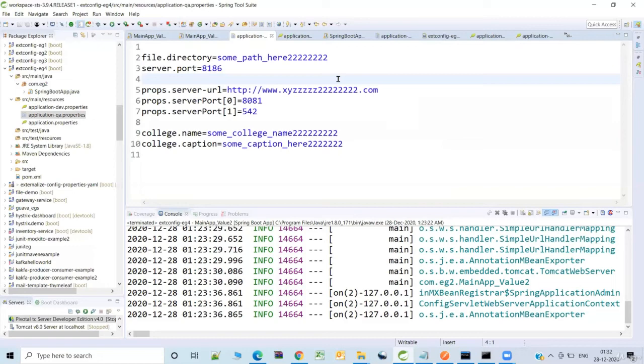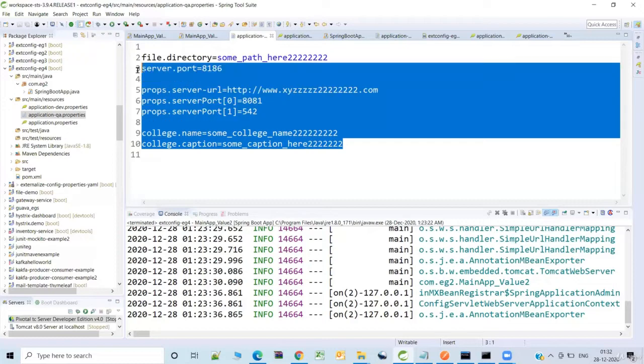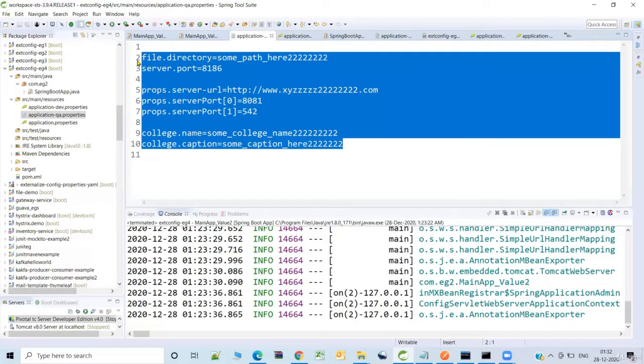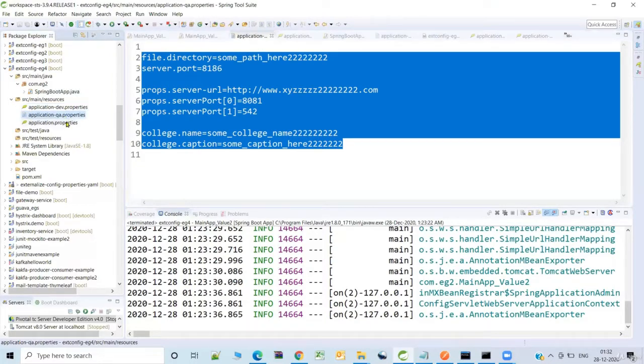They want to store the data in some other MySQL database server, which is different from the development. Not only the DB server, it can be anything else. So basically the objective is we want different sets of configurations for development, QA, and production.